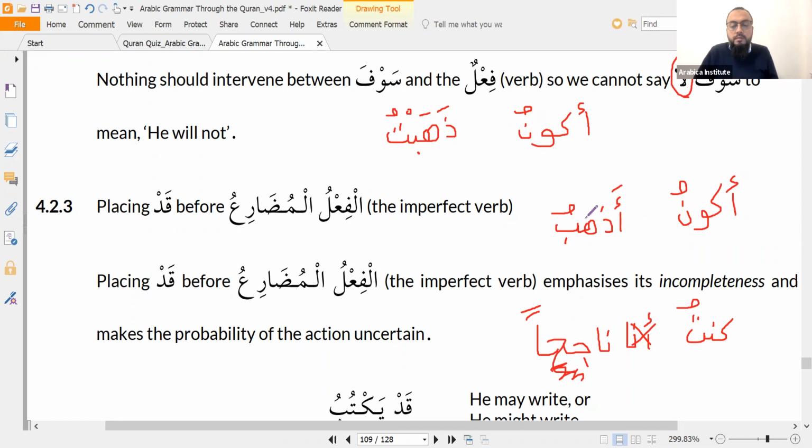So Ustad, is akunu adhabu the future continuous? Yeah, kind of. Although I don't advise you use it because it just sounds weak. You don't hear Arabs speaking like that. Just for the purpose of comparing it to the kuntu adhabu, I know we don't use it, but in comparison, that's what we're basically saying, aren't we? Yeah, I will be going. Future continuous. Ustad, you would never have akunu sa'adhabu just to emphasize. No, you wouldn't say akunu sa'adhabu.